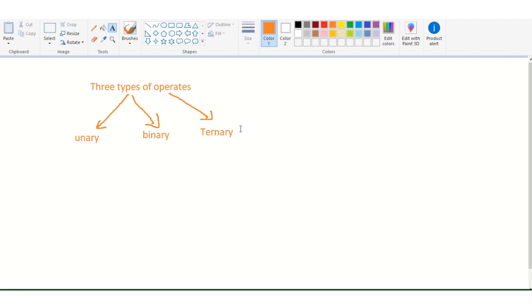As their name suggests, unary means one. Uni represents one, right?